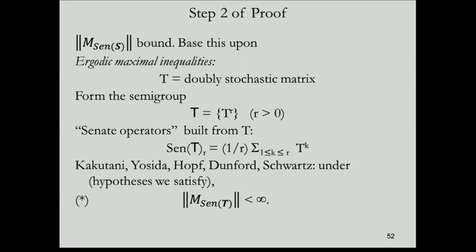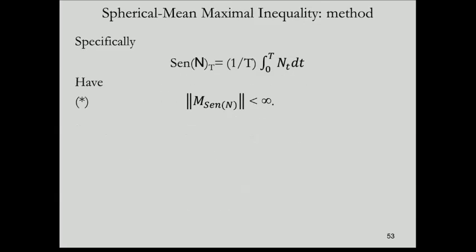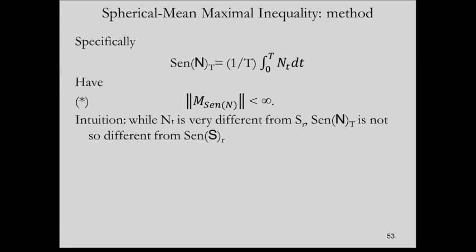You can prove a bounded-by-constant maximal inequality for this sum of semigroups. And you sort of, as Christoph mentioned previous week, forms a semigroup. We use known machinery. We can get that the norm of the sum of n is bounded. The intuition behind this second step is that while, a priori, if you look at it, NT is indeed very